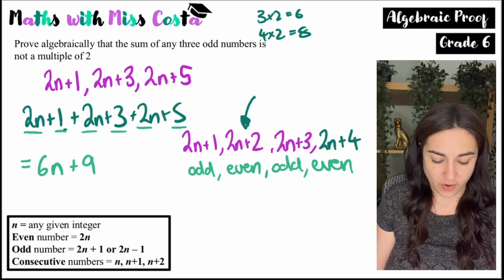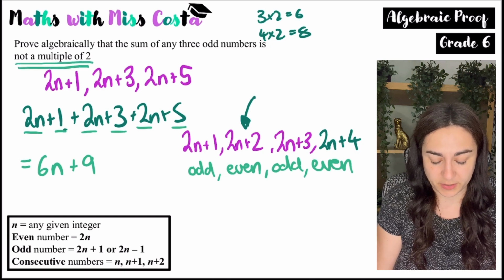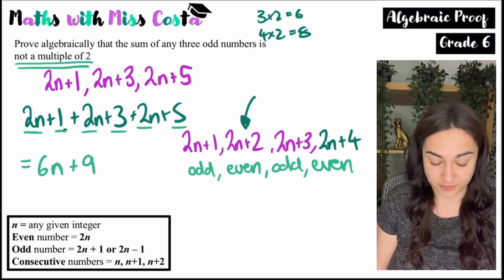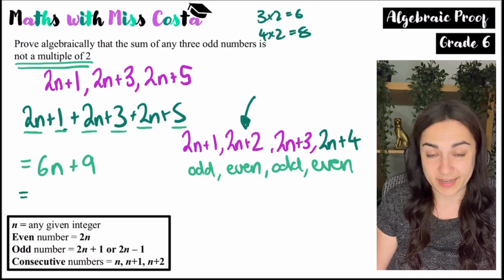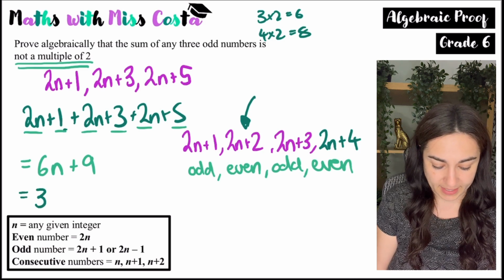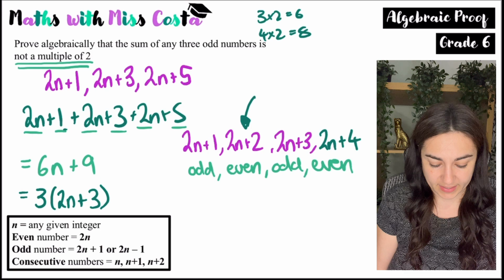So I need to prove algebraically that the sum of any 3 odd numbers is not a multiple of 2. So I need to prove that it cannot factorise down to 2. So if I factorise it fully, 3 is the highest common factor. So that would be 3 brackets 2n plus 3. Now,